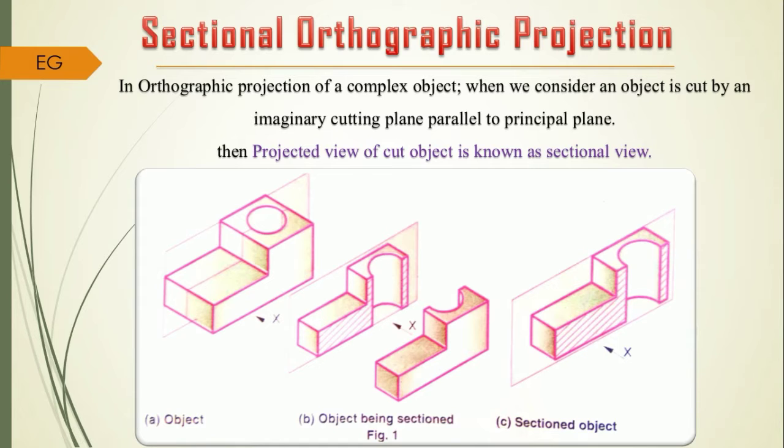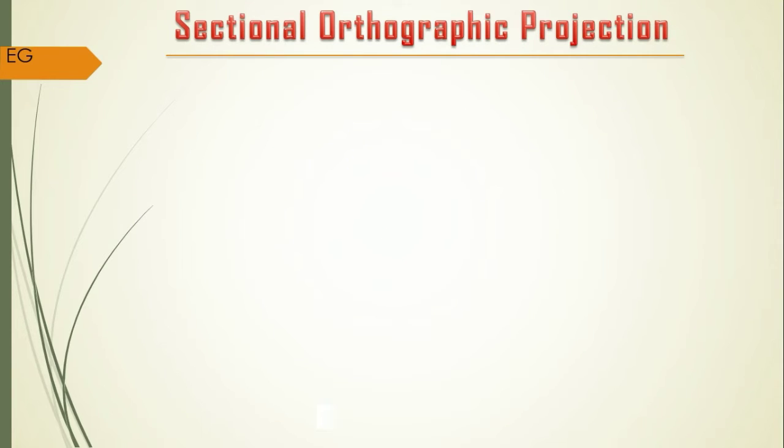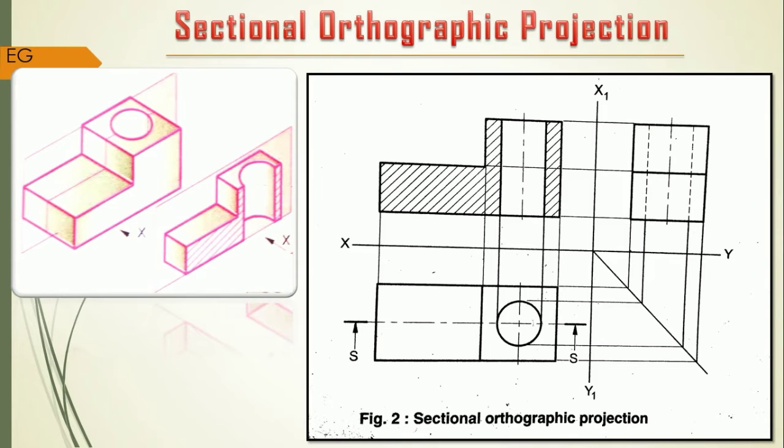We are going to make it very clear by taking one example, or we further go with the same kind of example. We are not considering any dimensions here. So this is your object and its solution. Here you have the problem statement with a pictorial view of an object, and you have to construct its sectional front view looking in the direction of arrowhead X. Then you have to construct its left-hand side view from the direction of arrowhead Y, and again its top view.